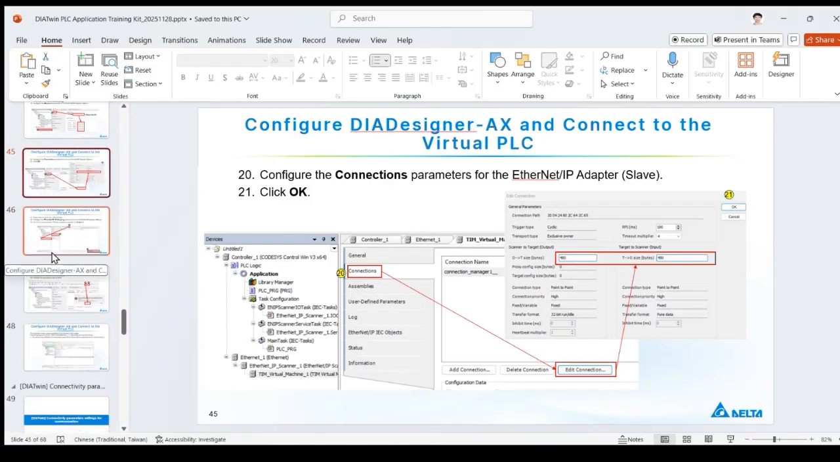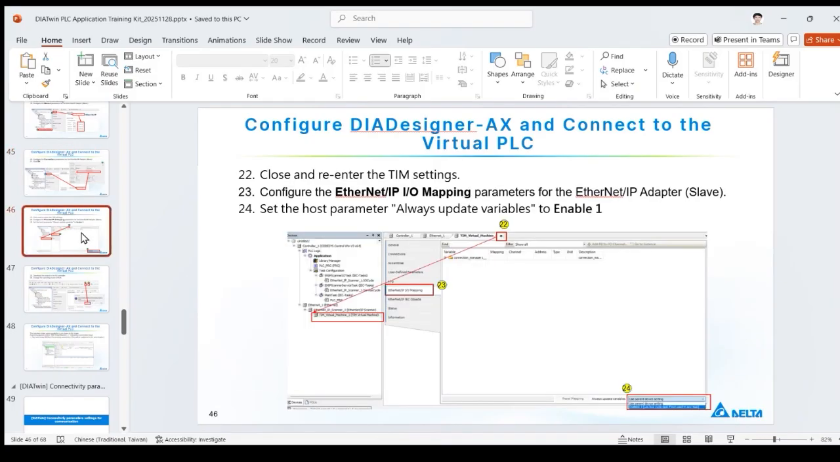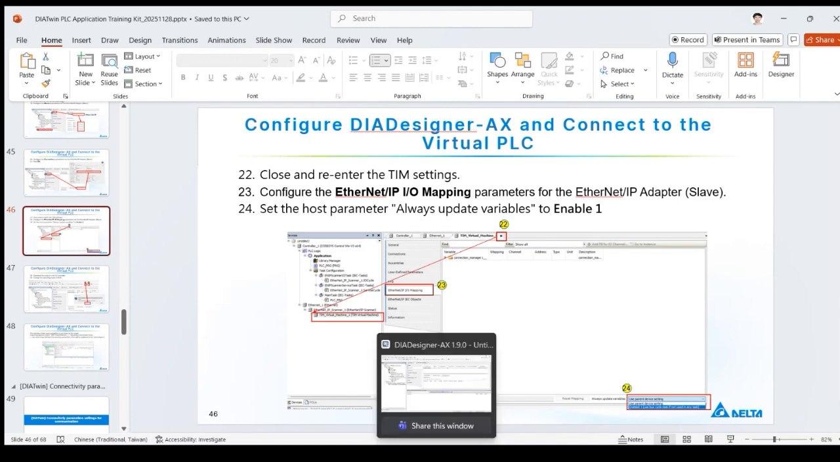Okay, we are almost done. Okay, connections, edit connection, and set the size of the scanner. And finally, we have to